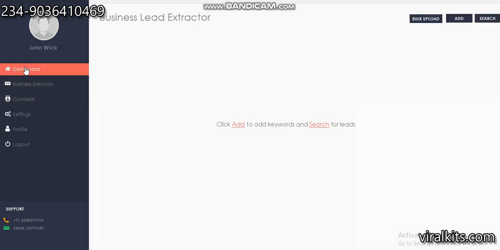The first thing is we'll go on our business extractor. Then we have two things to do here. One is bulk upload, meaning that you can upload different keywords using this software. In case you have related keywords, you can put them together and start your extraction without wasting your time. And you can do a one by one process by putting different keywords. Once it's done, you put another keyword, and from those search bars you can actually get